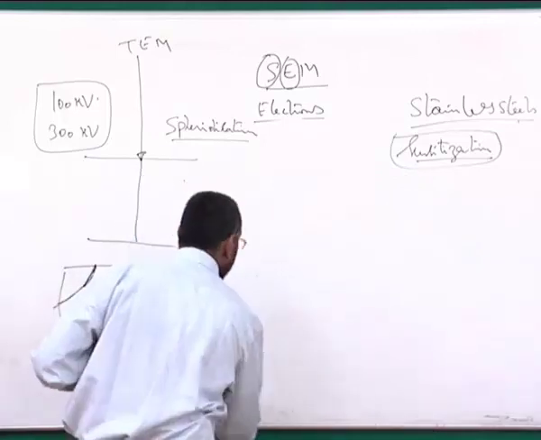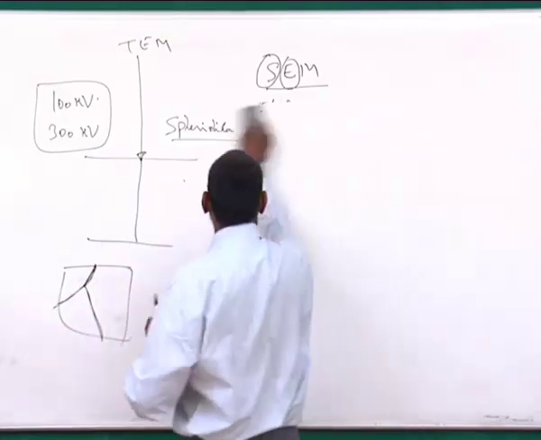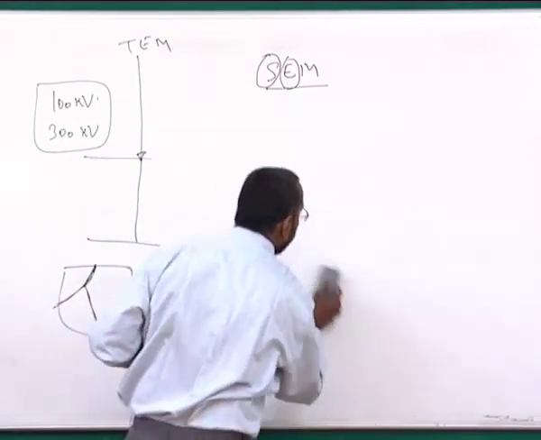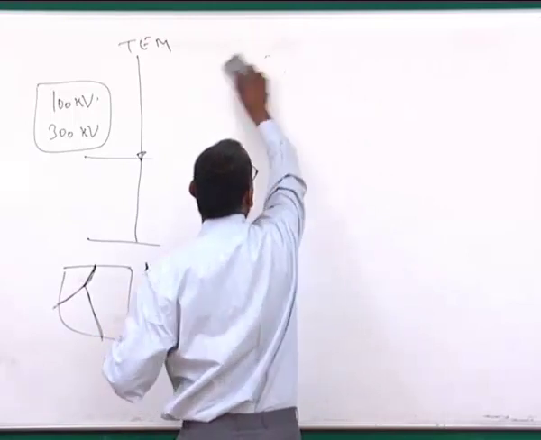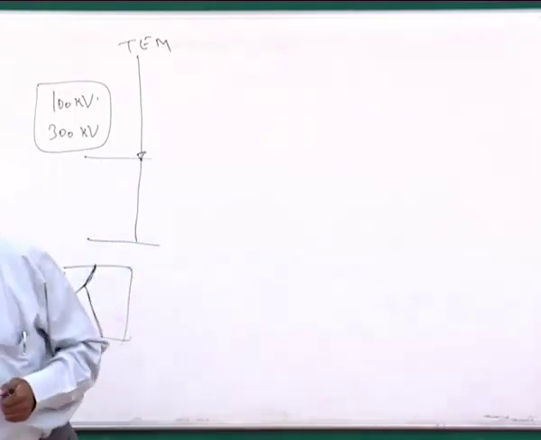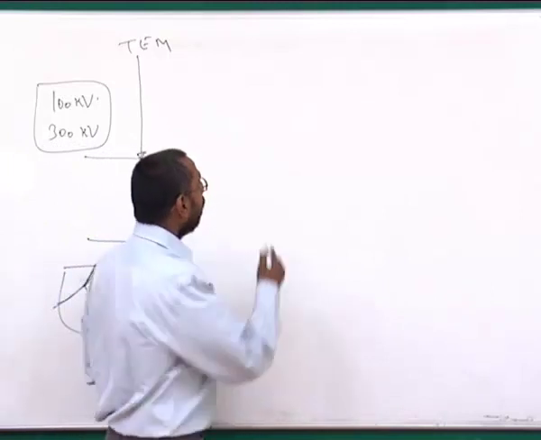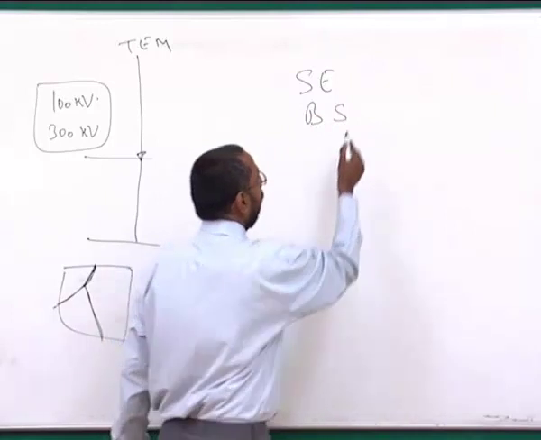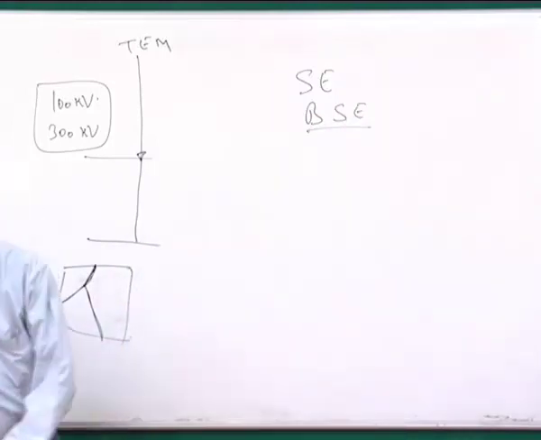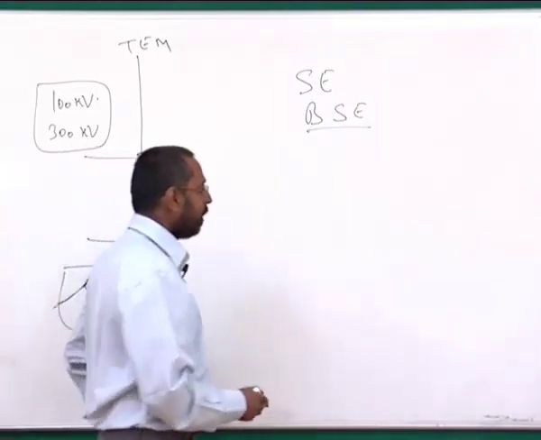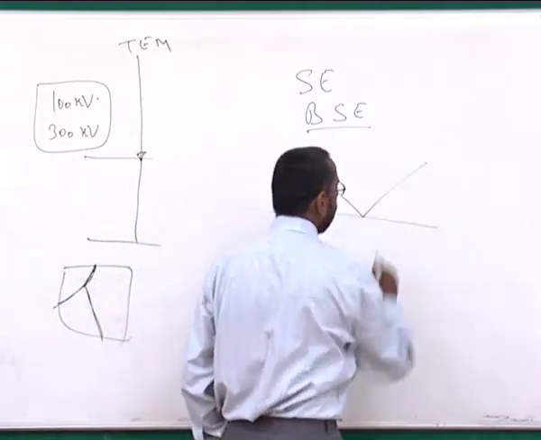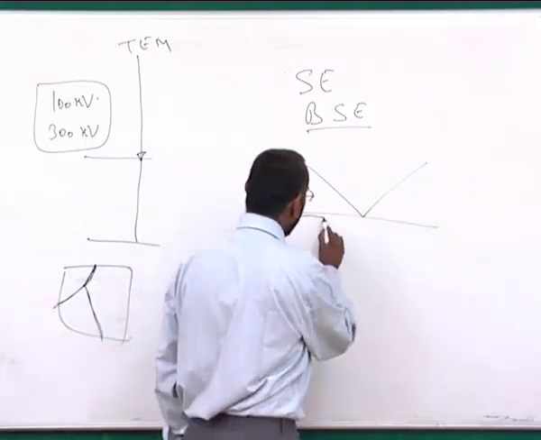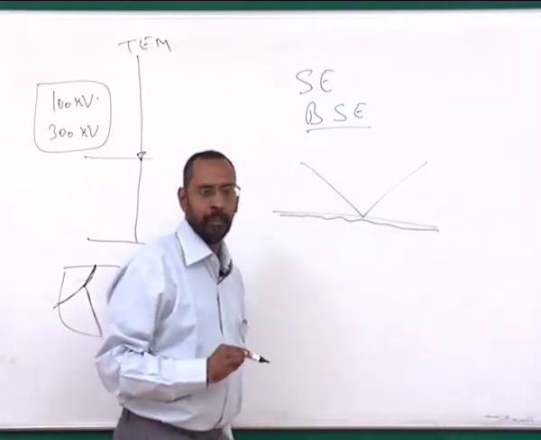So with this, we will look at other microscopic techniques. We have understood now what a scanning electron microscope is, and we have also mentioned in one of the classes earlier that other than secondary electron image, we also have what is called backscattered electrons. I have mentioned this in one of the last classes, where when you have an electron beam falling